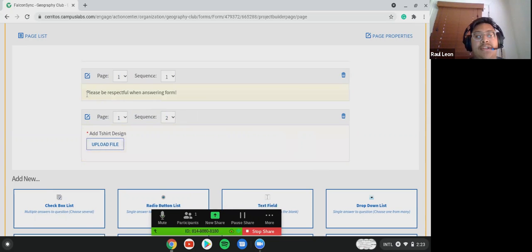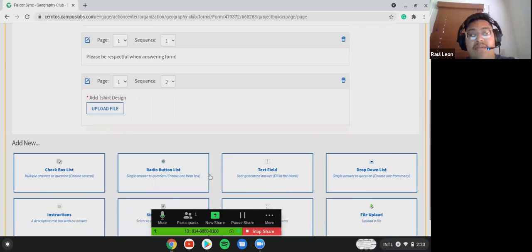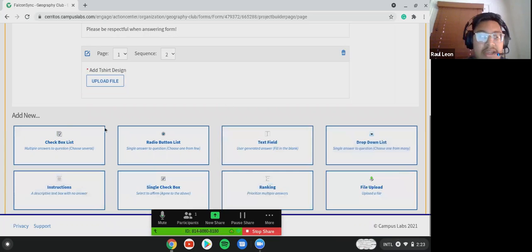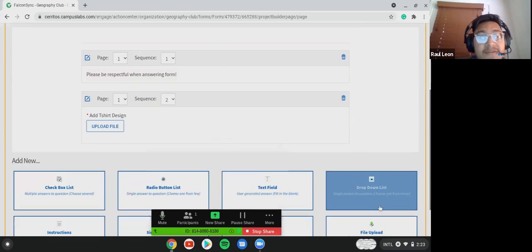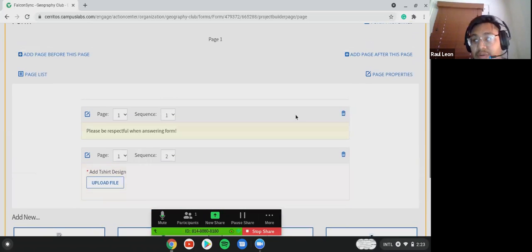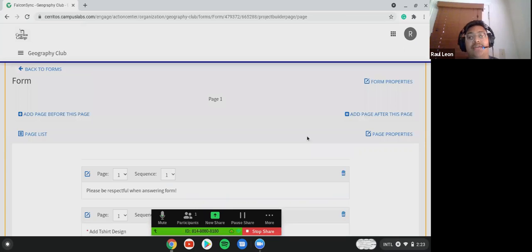And then this is the description. On your form, whatever event you're doing, you can add that description on top, and then whatever you're asking them for, and that is how you make your form. You can add so many things on a form. If you want to add more pages, you can always add a page after this one. It's up to you. This is a great resource for your event, your upcoming elections, and many more.